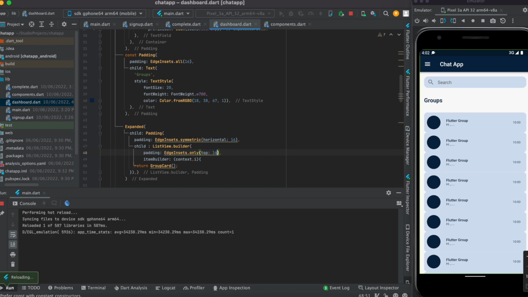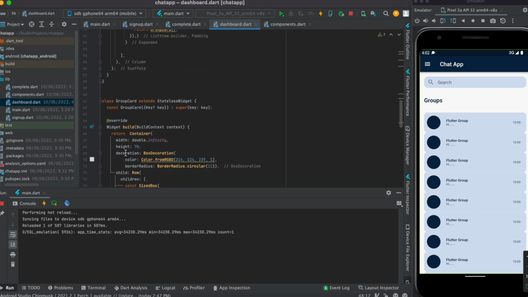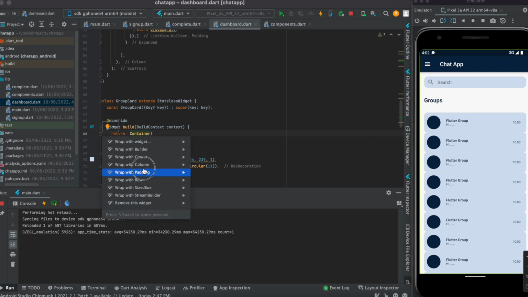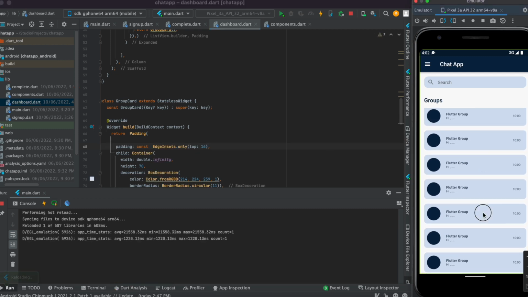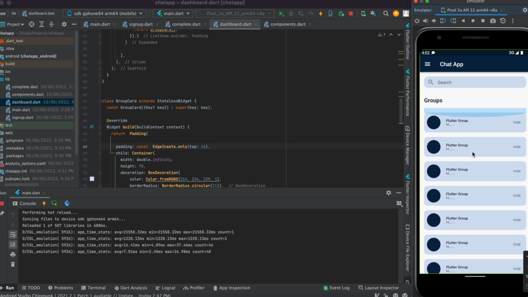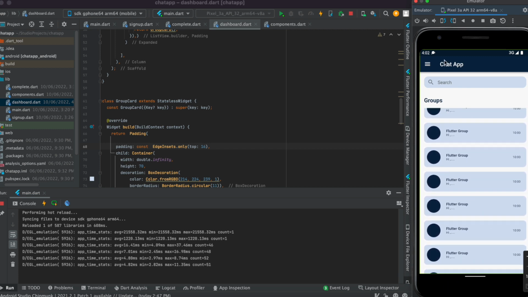Try to save it. No, this is not for that. So just cut it like this way, and here wrap this container with the padding widget. Okay. Save it. Now we got the gap between them,